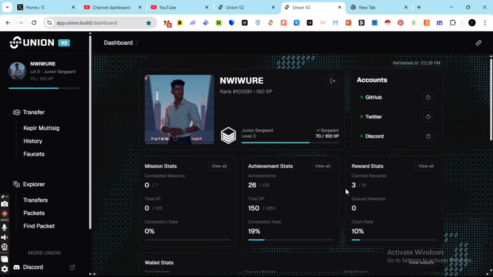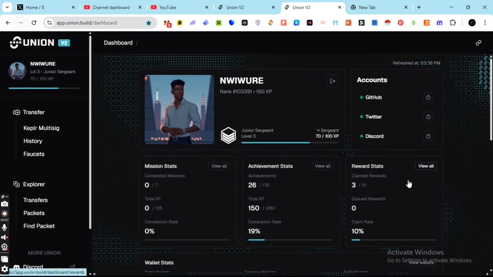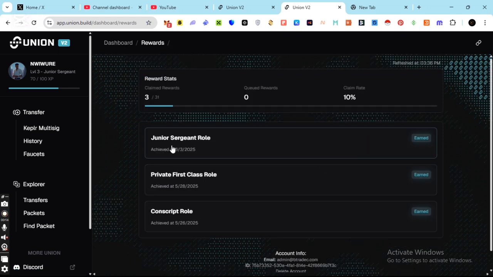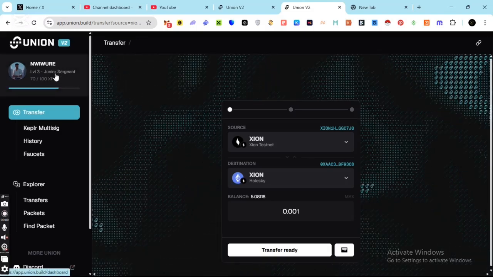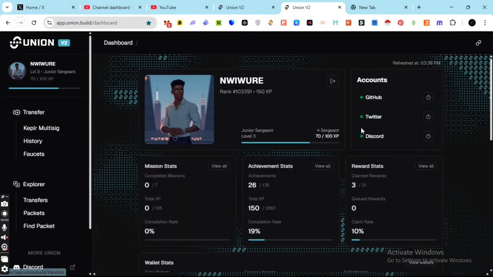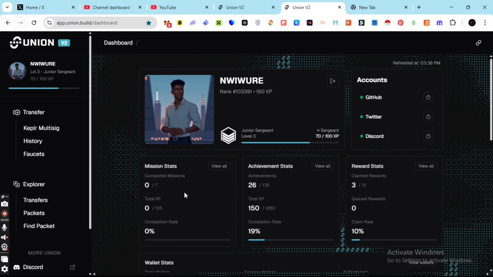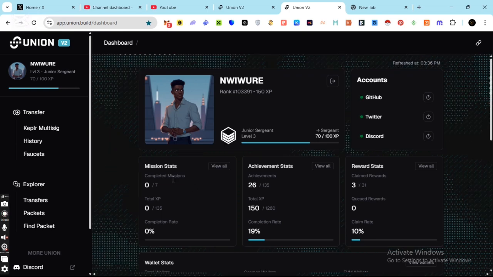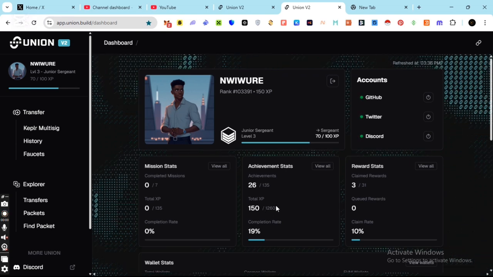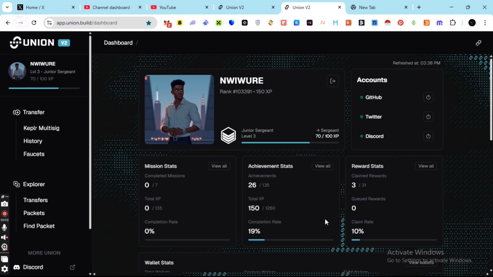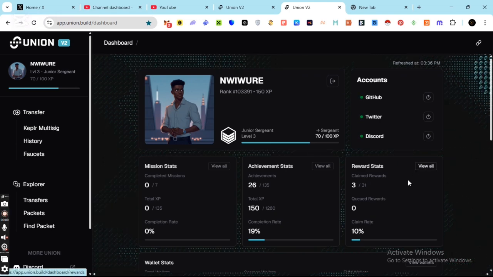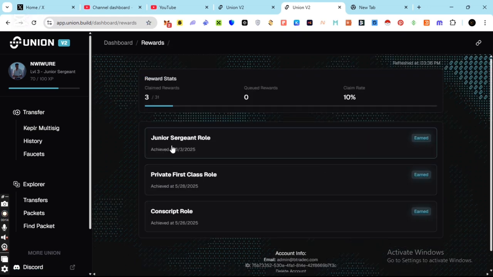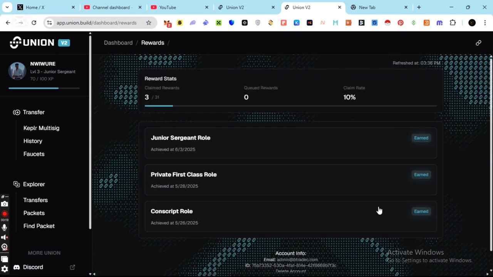You need to earn XP by completing transactions, and every amount of XP you earn gives you a different level. You can see the level that I've actually attained on this particular account right here. And then if you click on this overall achievement right here, you will see the XP I've gotten, and you will see the tasks that are required of you. There are social tasks, there are on-chain tasks, there are community tasks, and you need to perform them all. And each task actually has different XP attached to them, but majorly what you need to be doing is to